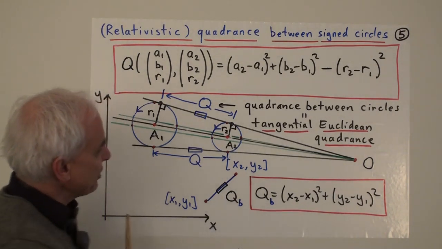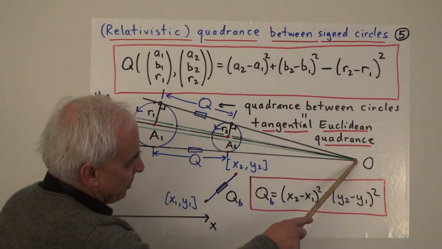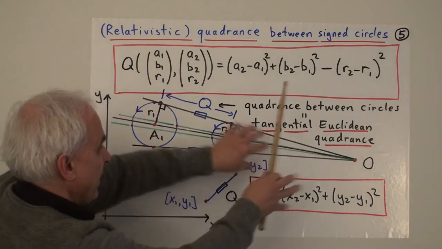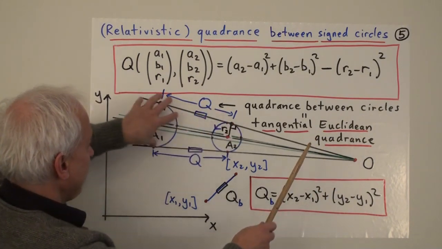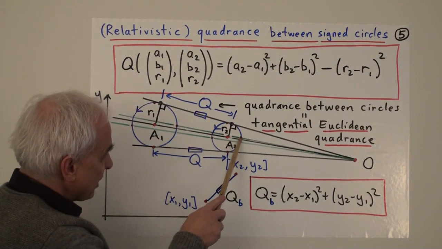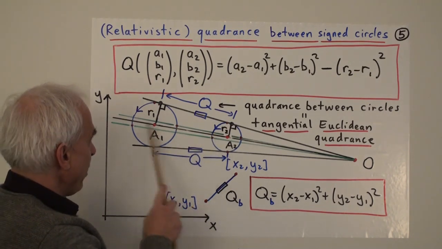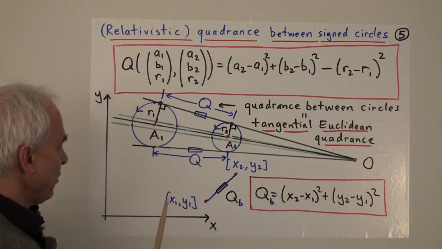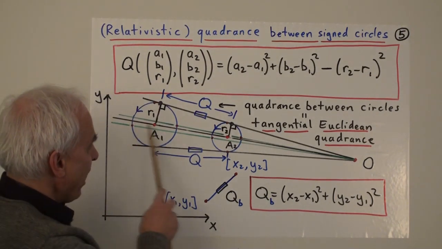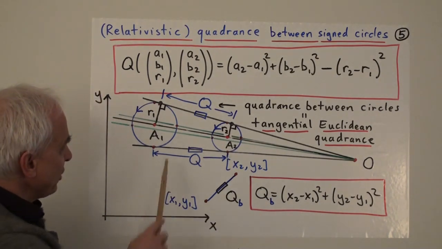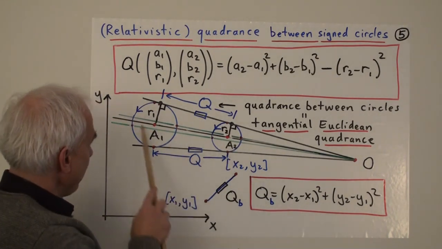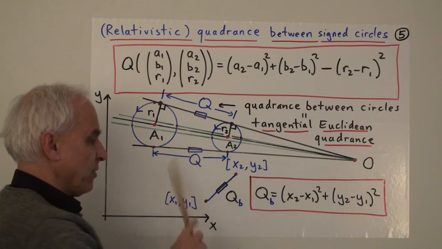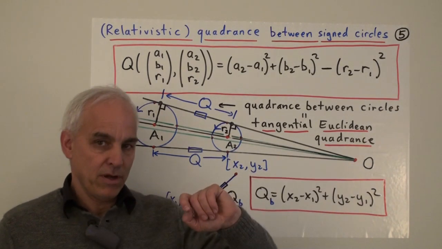So if we look at this diagram here, I'd just like to point out that the dilation, which has center O and sends this circle to this circle, so we're dilating everything by a certain factor centered here, taking this circle to here, will also send this particular point to this point, and this point to this point, and in fact this point to this one, and this one to this one. So there's sort of rational ways of constructing this homothetic center by just connecting this point and this point with a line, connecting this point and this point with a line, or this one and this one with a line, and those lines will all meet at this point here.